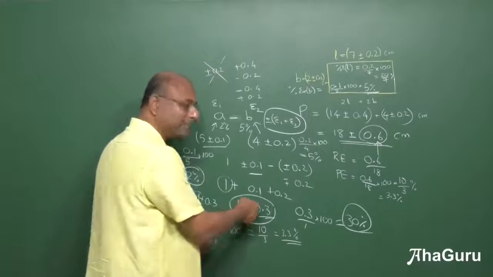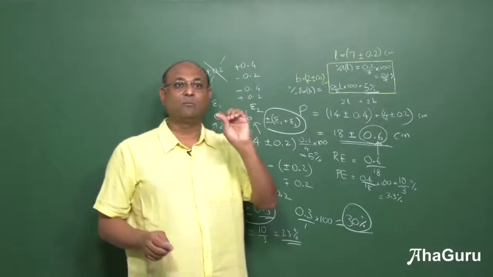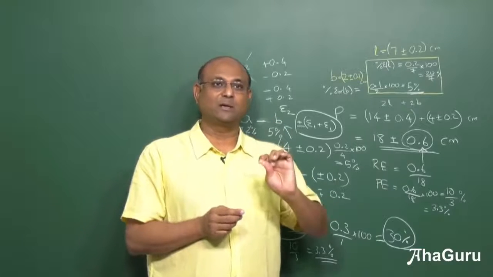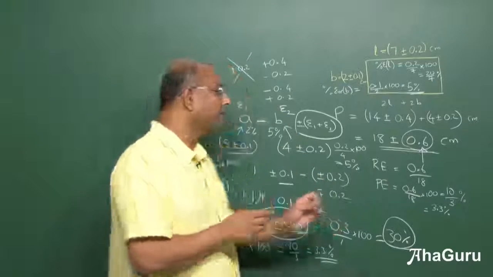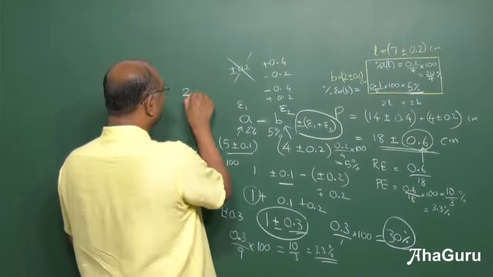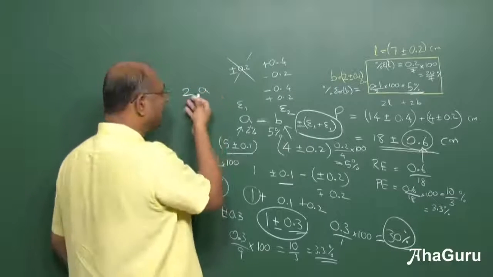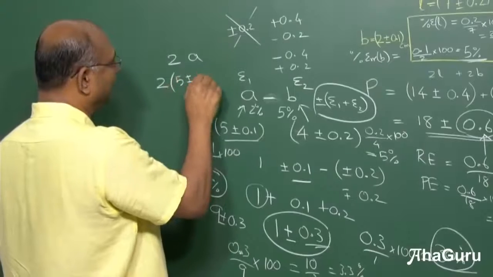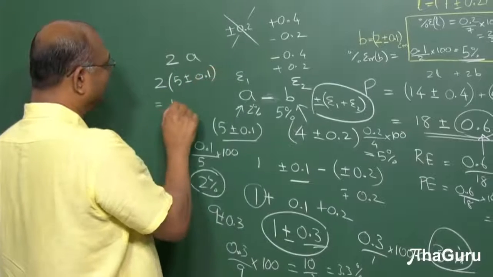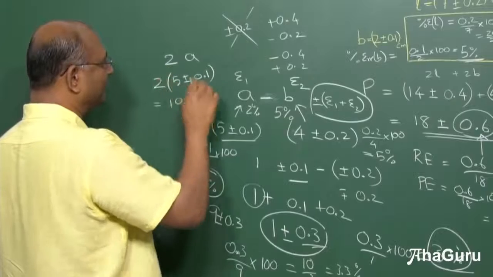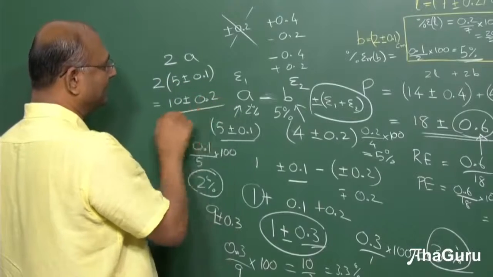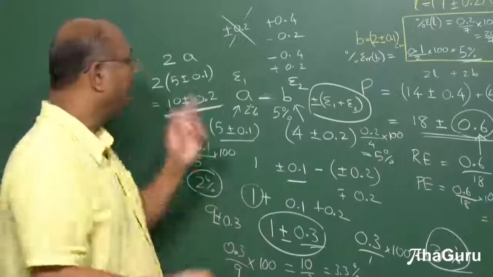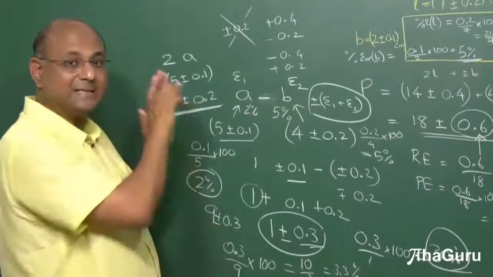In absolute terms, it just simply adds up. So we have understood, hopefully, what to do when you are adding two quantities or subtracting two quantities. What happens when I am multiplying by a constant, 2 times A? The absolute error becomes double. So for example, 2 times 5 plus or minus 0.1 is just simply 10 plus or minus 2 times 0.1, which is plus or minus 0.2. Absolute error has become double, but relative error is the same.